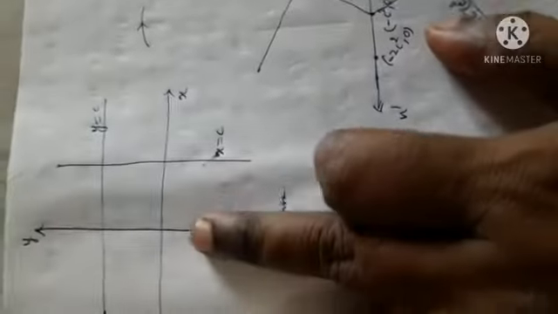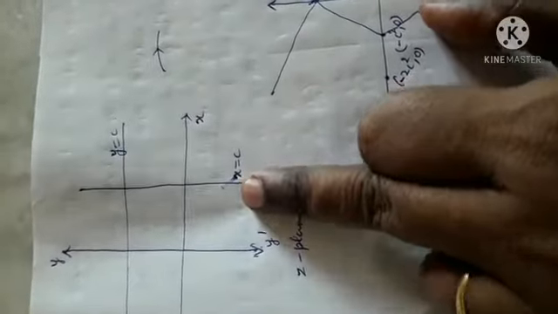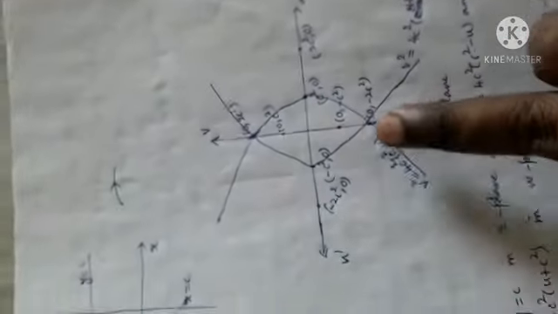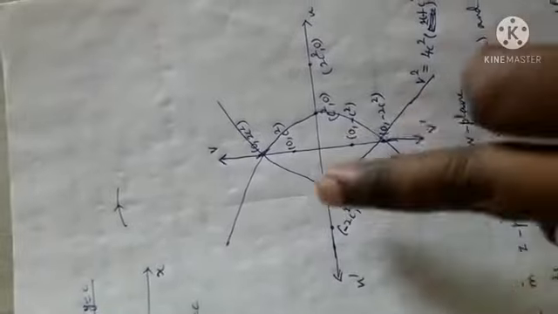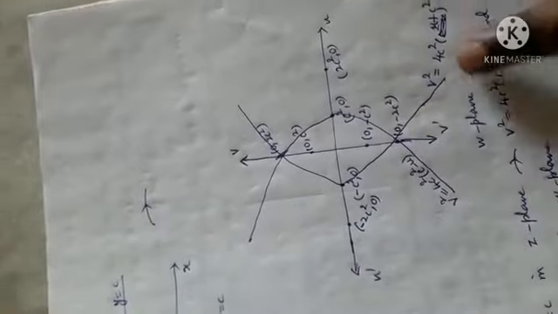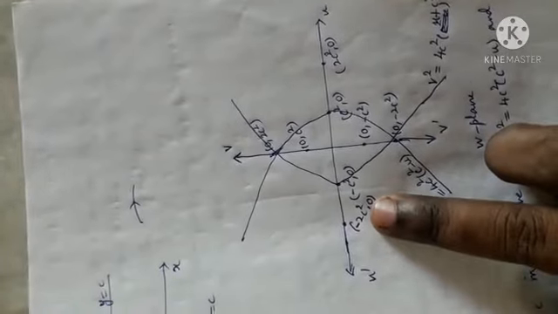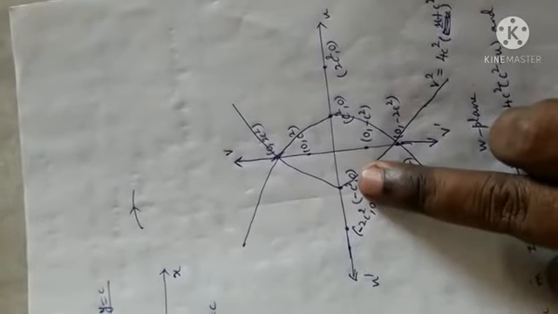Mark the points. See, x equal to c is the line parallel to y axis, y is equal to c is the line parallel to x axis. Now you can mark the points. See, these two are parabolas, right? And hence if you have a doubt, you ask me, okay? So c square will always be positive. Minus c square is negative. Now x equal to c and y is equal to c in z plane transform to the parabolas in w plane. And we can stop here.